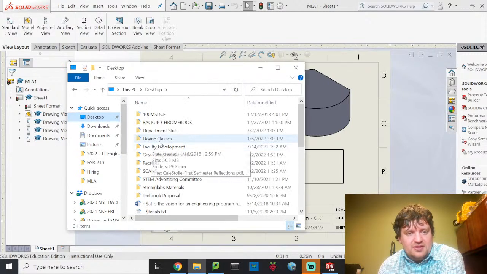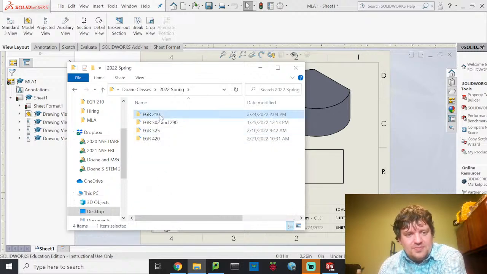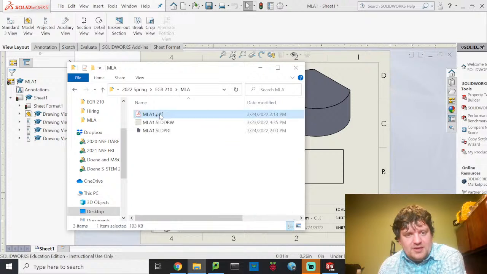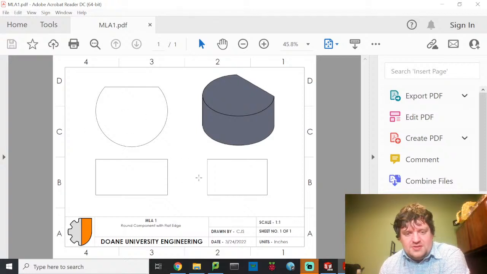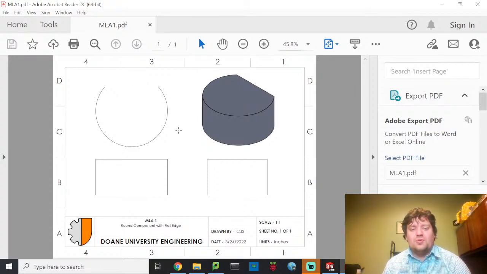I'm going to go try to find the file. Just to show you that it actually did what it said it was going to do. MLA. Here we go. So yeah, apparently it did save it, it just didn't auto pop up. It's weird. You notice it's got all the elements. Here, these are just flat lines. This is shaded. These are our elements down here. We're good to go. So that's how to do a simple part and document it in SolidWorks. You'll be handing in this PDF as part of this